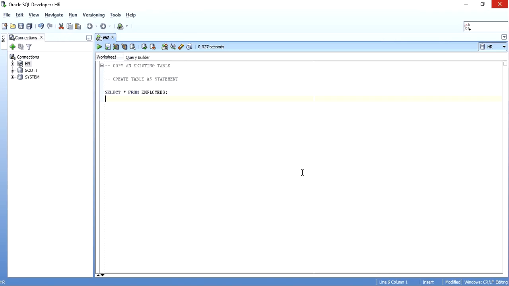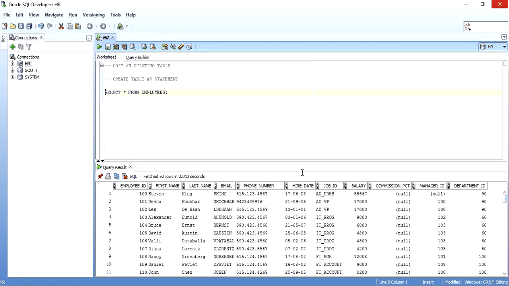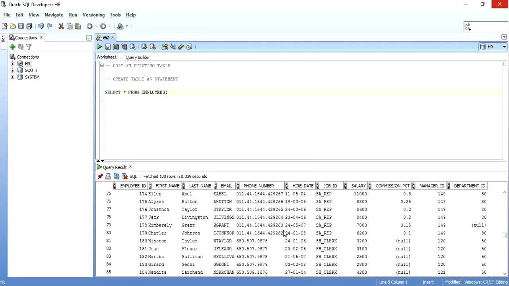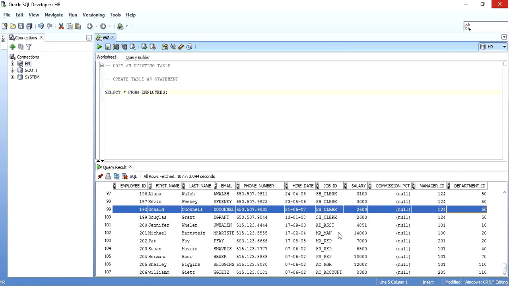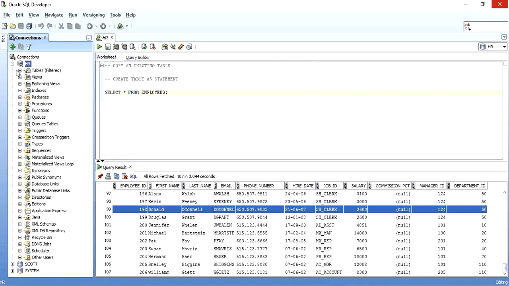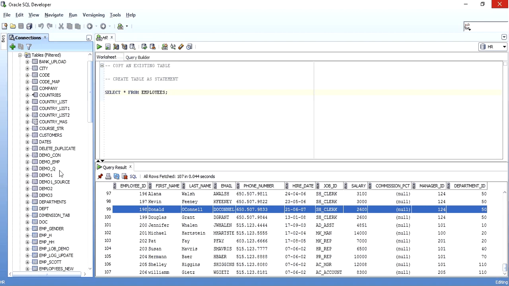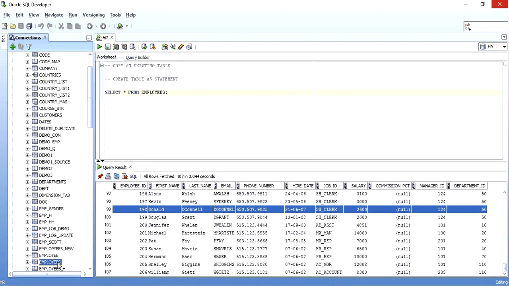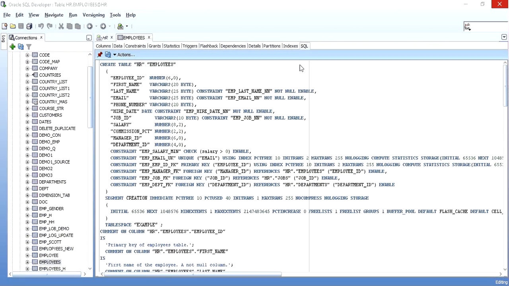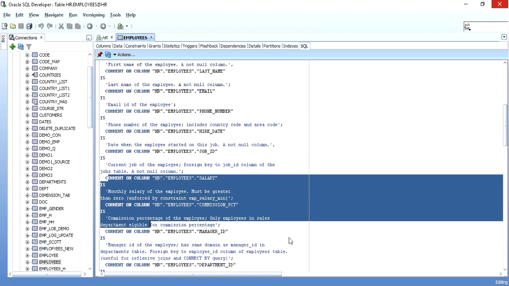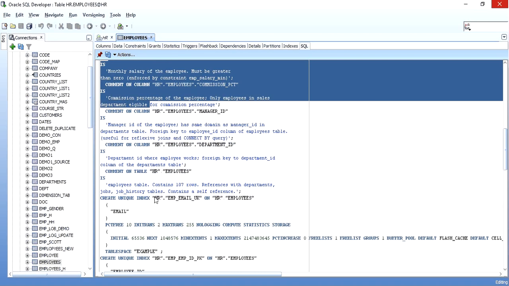So this statement is something like, say suppose I have this employees table. This table has lots of records. Over here there are 107 records, and there are many columns in this. Now this table has a lot of constraints also, such as unique key, foreign key. I'll just expand this table script, the create table script, and we can see. So I'll go in SQL. As you can find, there are not null constraints, unique key, check constraint, primary key, foreign key. Also there are lots of comments on the table columns. You have an index, everything.